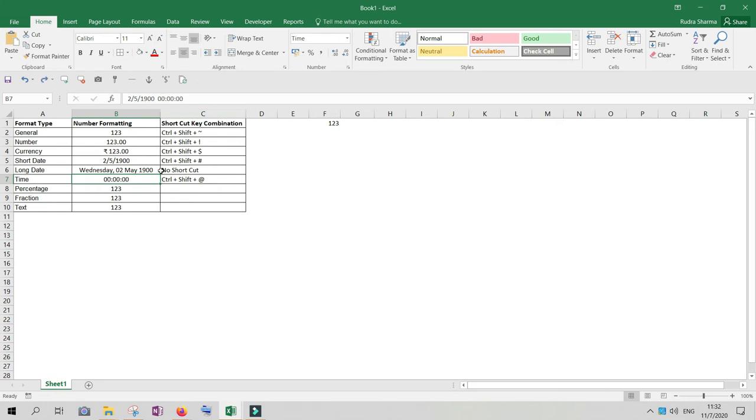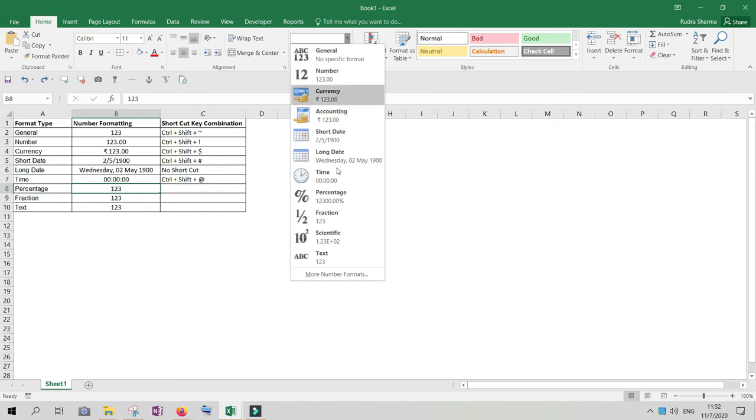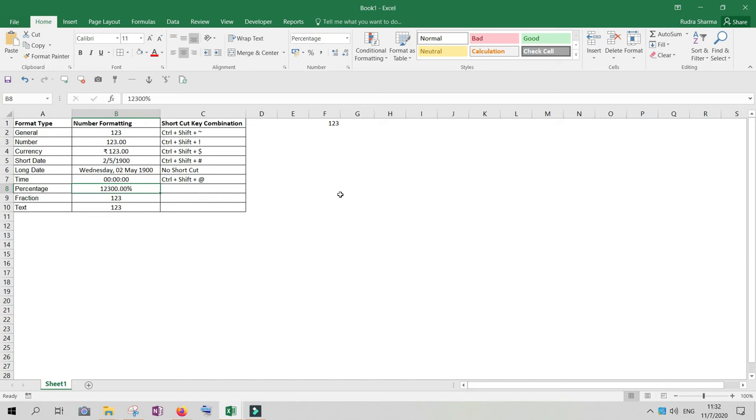Okay, I'll undo it. Percentage also you can change from here. Format can be changed from here. Select percentage. When you calculate percentage manually, if someone scores 60 out of 80, what is the percentage? We do 60 divided by 80 into 100. In Excel it is not needed like that. All you have to do is 60 divided by 80. It comes in this format and format as percentage, 75%.